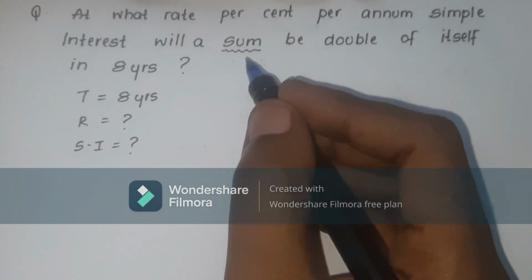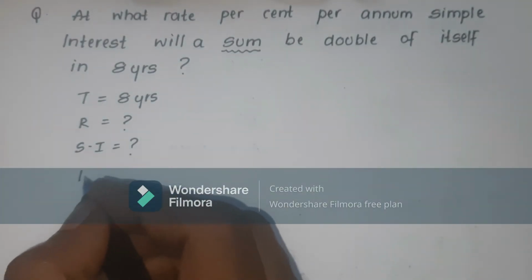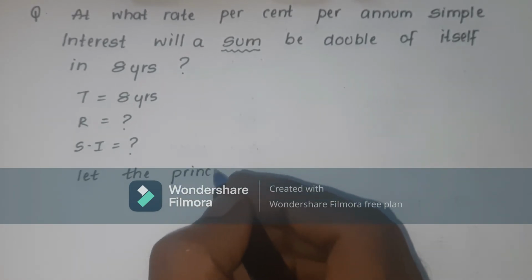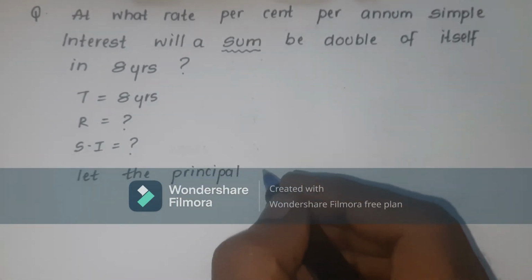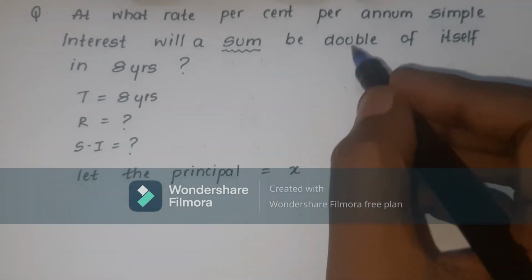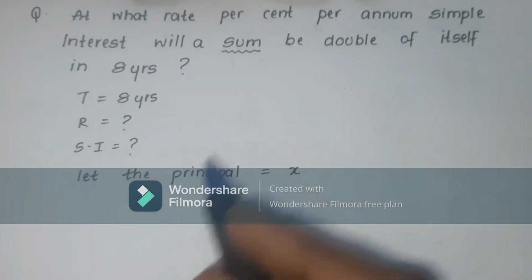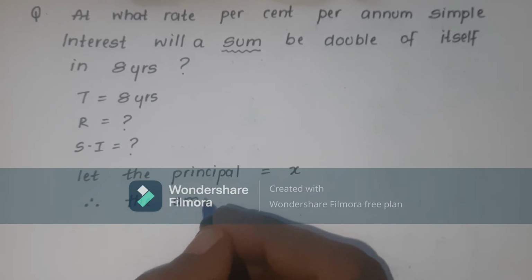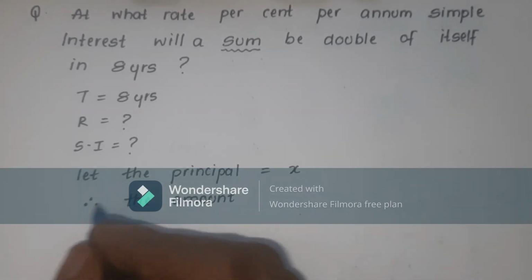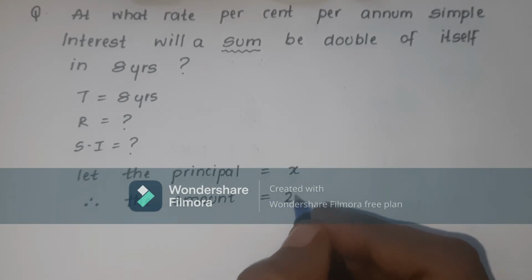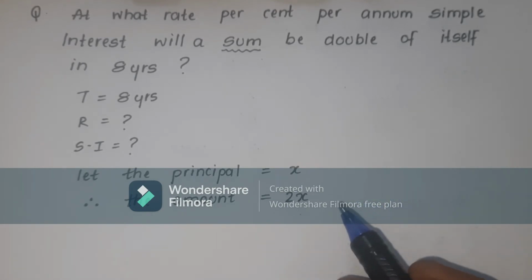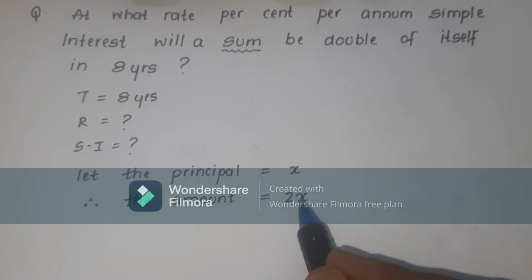But you know, sum stands for principal, right? Your principal is unknown. So we can consider, now, student, we will say, let the principal be x. Let the principal be equal to x. So obviously, student, the amount will be double, na, after 8 years. So we can say, therefore, the amount will be 2x, because the amount will be double of principal after 8 years. So this is our consideration part, student. Okay, you can take 100 rupees also as a consideration, but I'm much more comfortable with x, so I'm taking x. So the double of x will be 2x.